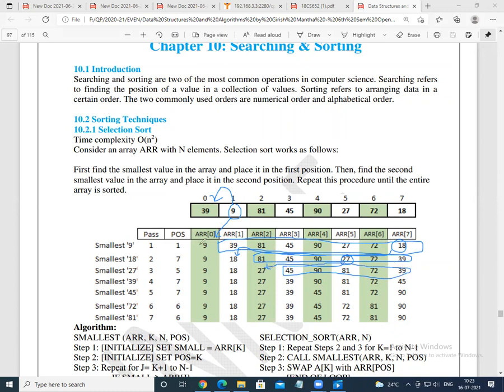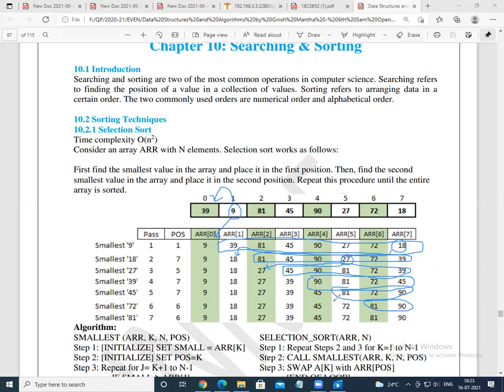That means we find the minimum element for the first time and put it into the first position. Once we put it into the first position, we are not bothering about it. We say that it is already sorted. We then work on the rest of the array. Again, in the rest of the array we consider the minimum element and put it into the first position of the remaining array. The horizontal boxes are the fixed array, right? We fix this array in individual iterations by finding the minimum element. If you find the minimum, you put it; if you don't find it, you're not going to fix it, right?